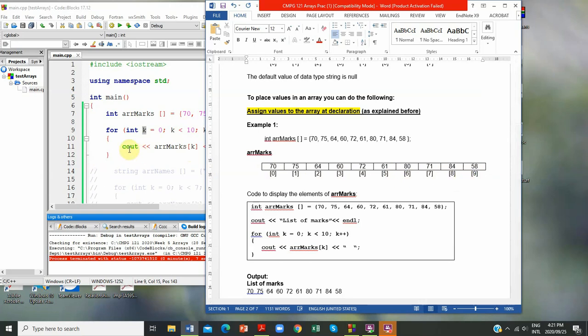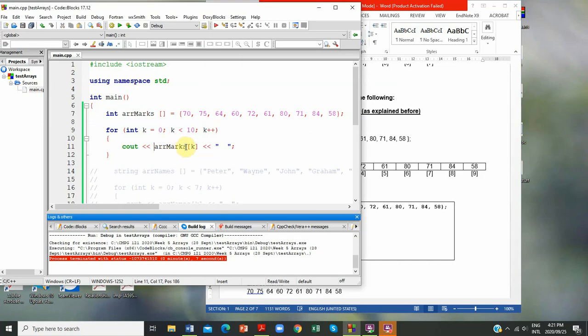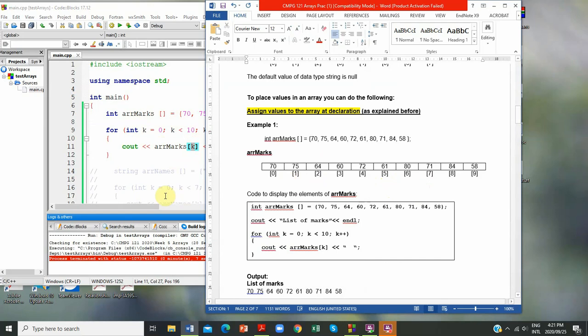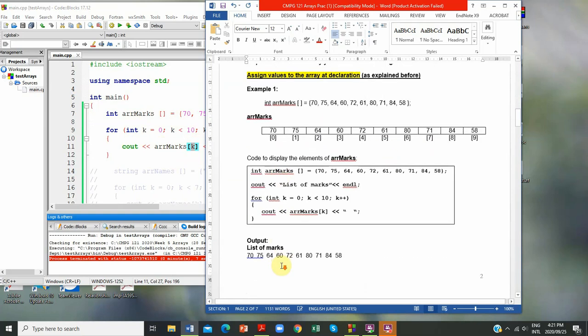When I display inside the for loop, I refer to the name of the variable of the array, square brackets, and I put the index value, which is 0 the first time, then 1, then 2, and so on. So the for loop is really handy for stepping through the elements of an array. And that's why with the display, the k will take me through, will display all the different elements of the array, as you can see here, and we also showed that to you in our